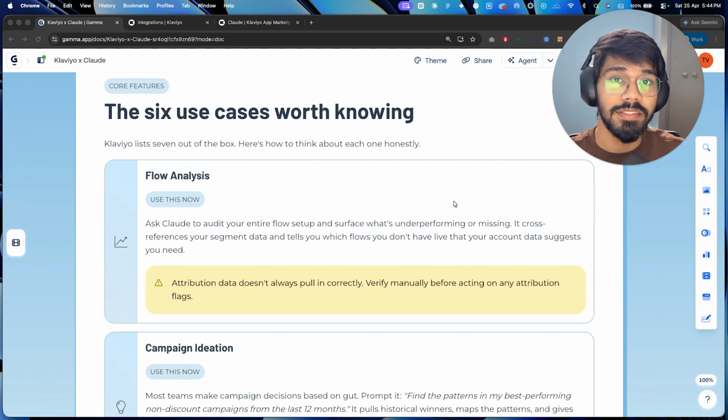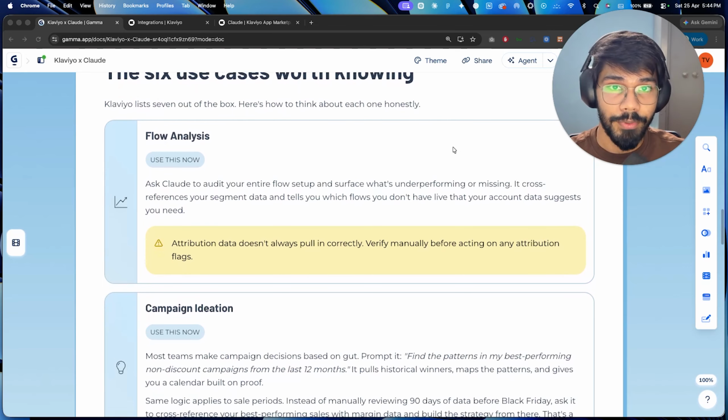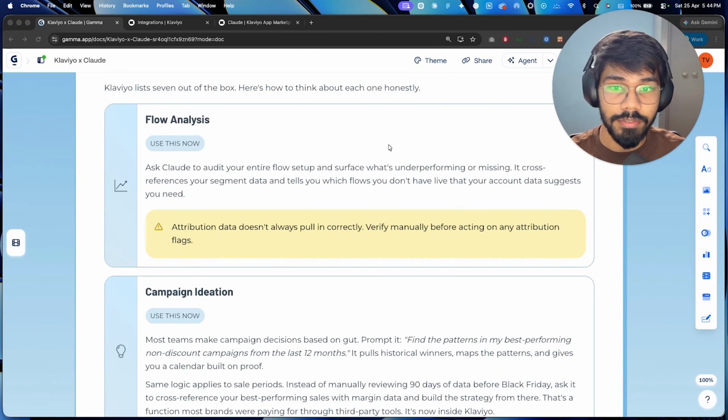There are 6 use cases that are actually worth knowing. Number 1 is flow analysis. You can ask Claude to audit your entire flow setup, and it will surface what's underperforming or missing. It will cross-reference your segment data and tell you which flows you don't have that your data suggests you need. The attribution data doesn't always come in correctly, so you have to verify manually before acting